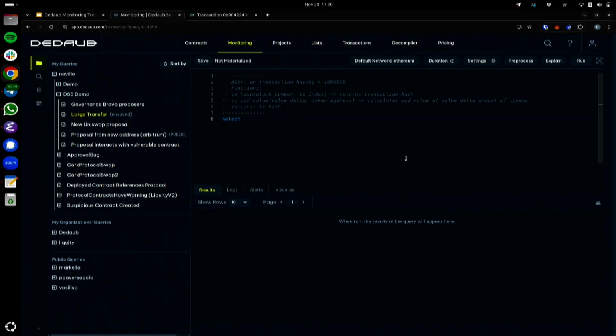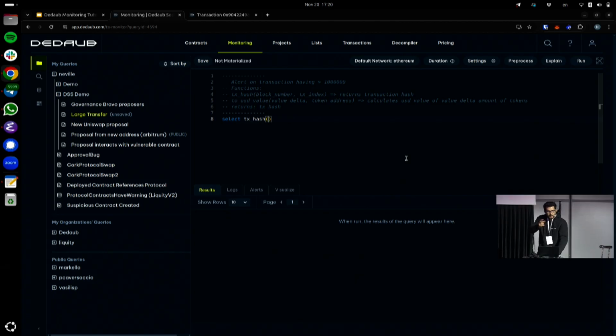So I need the transaction hash, and that is what the monitoring agent is going to return. Now, we don't store the transaction hash in our time series tables because the transaction hash is not easily indexed. It's basically random data, but all we really need is the block number and the transaction index, because those uniquely identify the transaction. So we need to calculate it using this function, transaction hash. So block number,